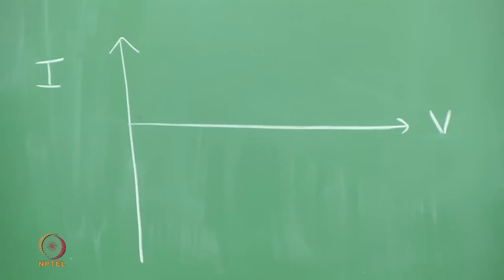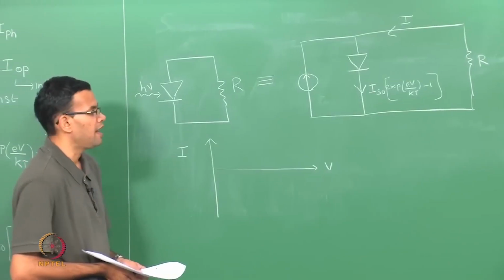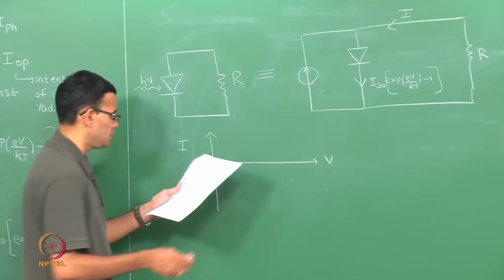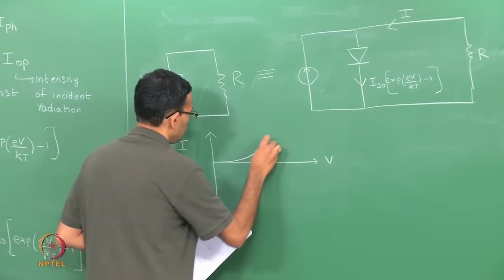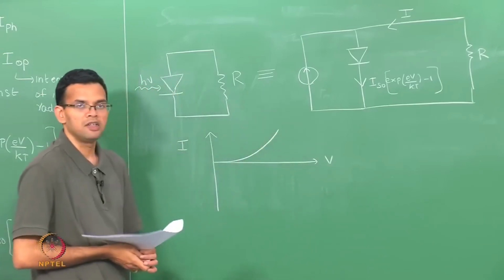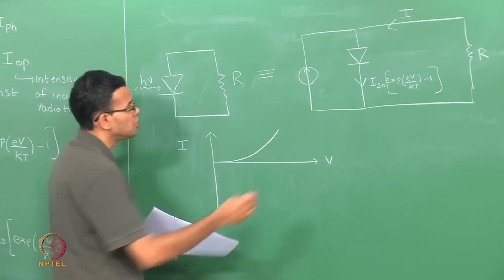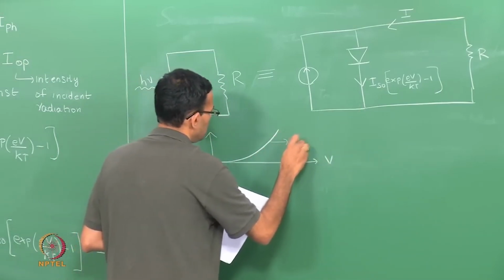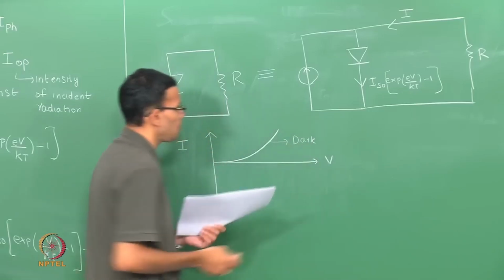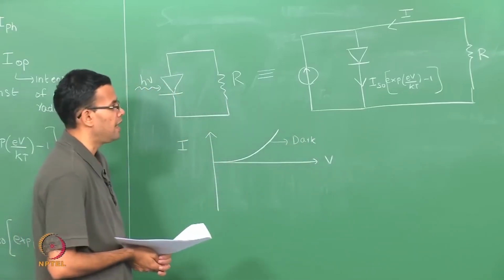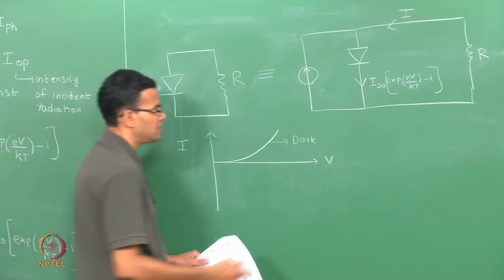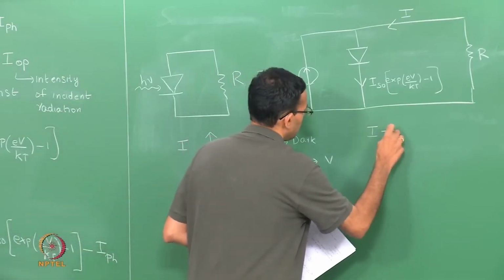If there is no radiation, so in the case of a dark solar cell, the IV characteristics will just resemble a PN junction under bias. So we have the current which increases exponentially with the voltage, just given by this expression. So this is in the case of dark. We found that when we shine light, we have a photocurrent that opposes the forward bias current, so that the net current